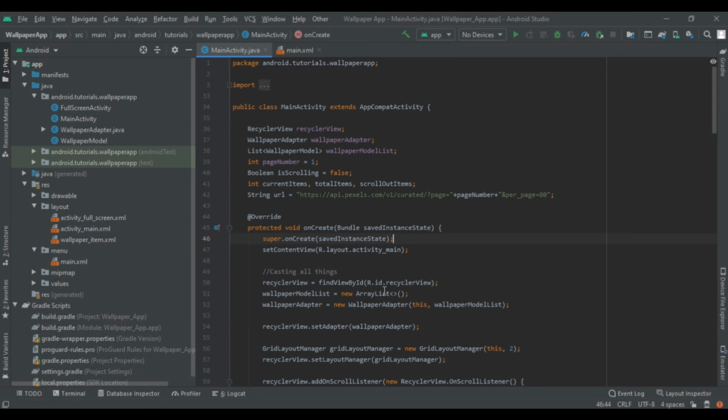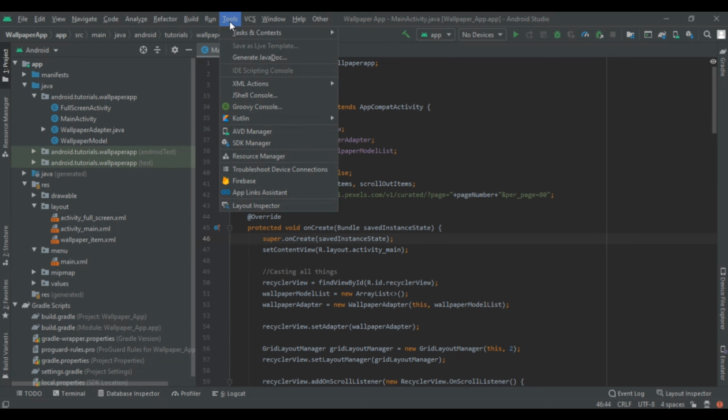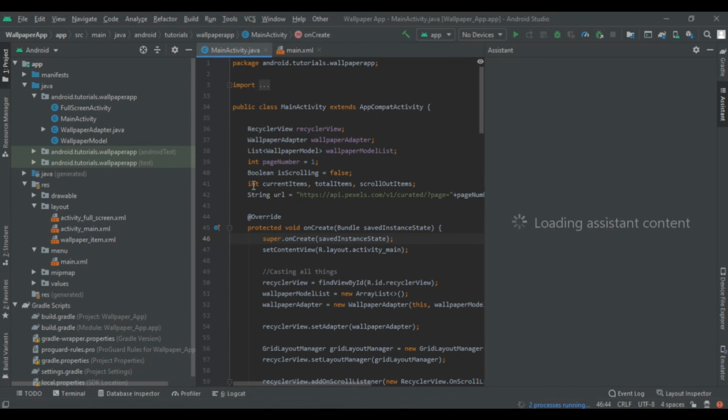So first of all, click on tools. When we click on tools, click on the Firebase. After that, it will load our content. So after loading that content, I will tell you what to do next.